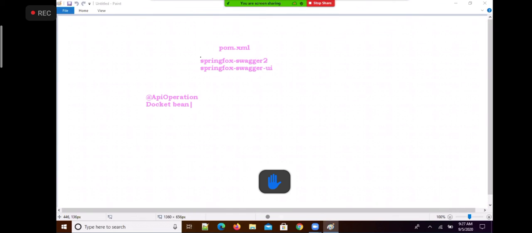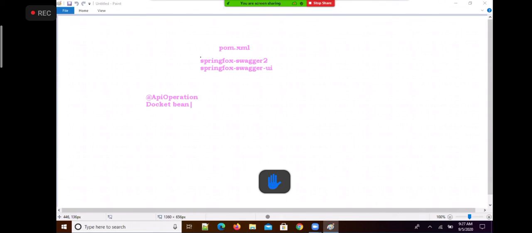So what I am trying to explain is, when you are preparing the documentation for the REST API, configure a Docket bean and add it to the Spring IOC container. Swagger will find where to search for the REST controllers and which paths should be included in the documentation from the Docket bean.